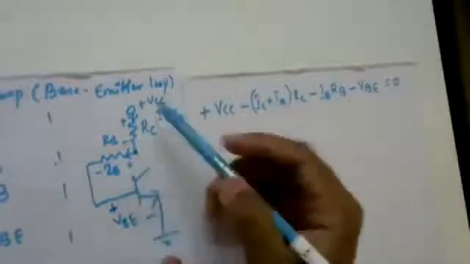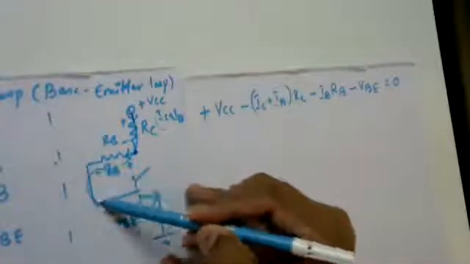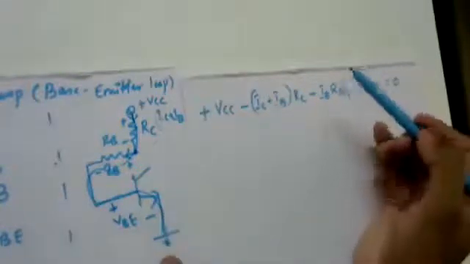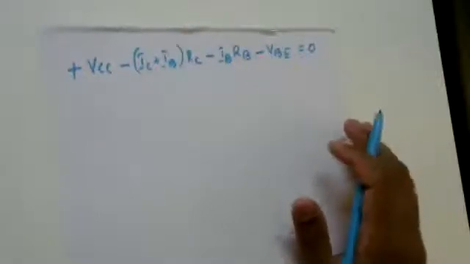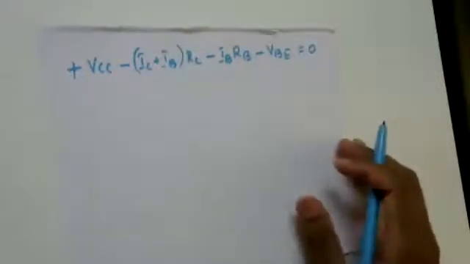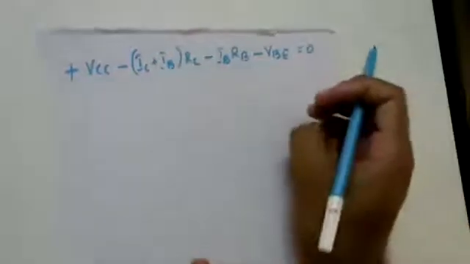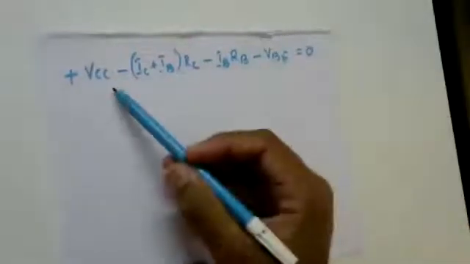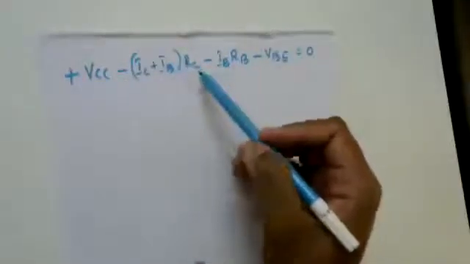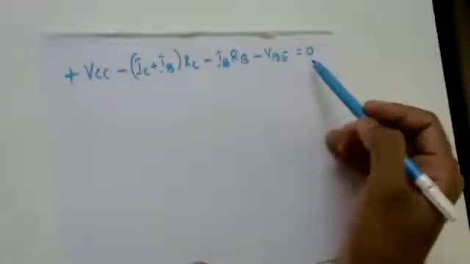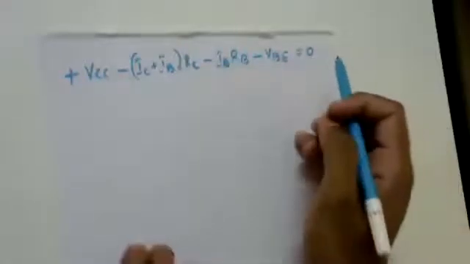Understanding? With reference to this circuit, considering only the input section, I am able to write this equation. It's just a simple KVL expression, which people study right from the first semester, basic electrical engineering, or even in circuit theory, nothing but network analysis. So you get the expression VCC minus (IB plus IC) into RC minus IBRB minus VBE is equal to 0. Now if I write this expression for VCC, what will I get?